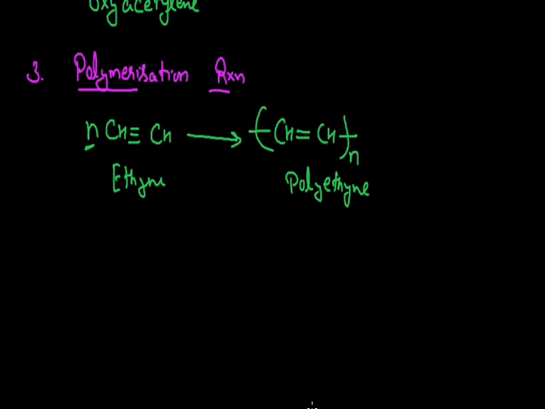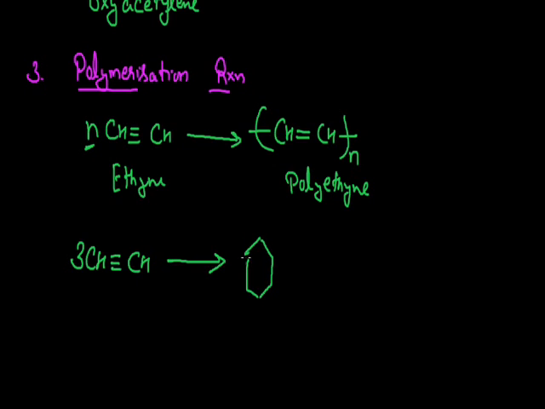Instead of this, if we go for the formation of cyclic polymers, then when this acetylene is passed through a red hot tube of iron or quartz, it goes for the cyclic polymerization reaction, and three molecules of this acetylene will combine, or go for the polymerization reaction, to form a molecule of benzene.